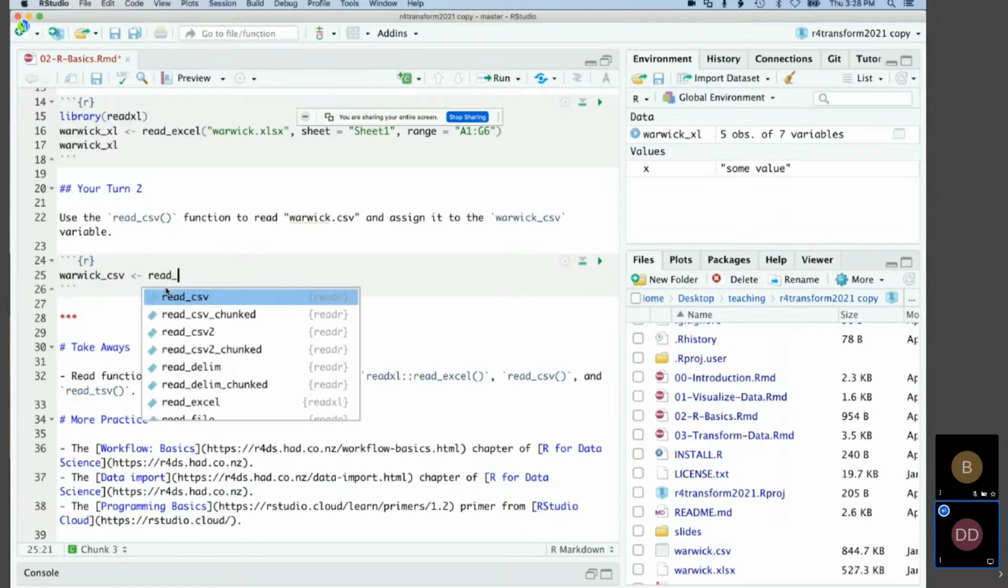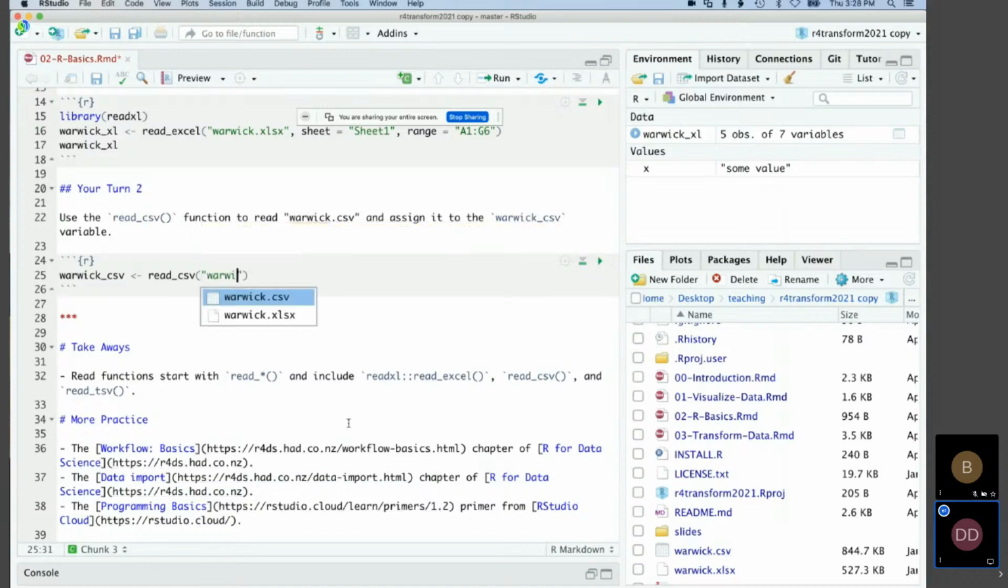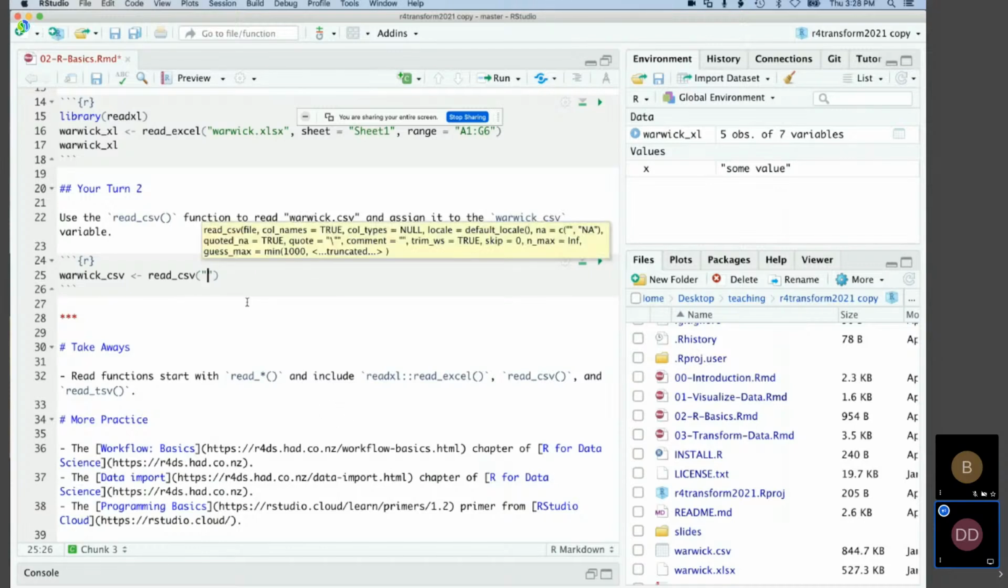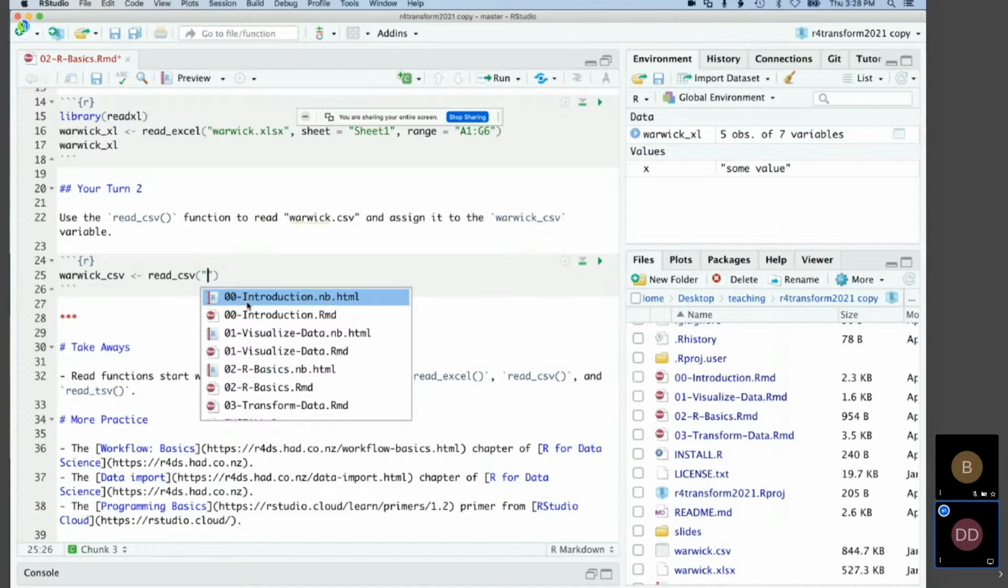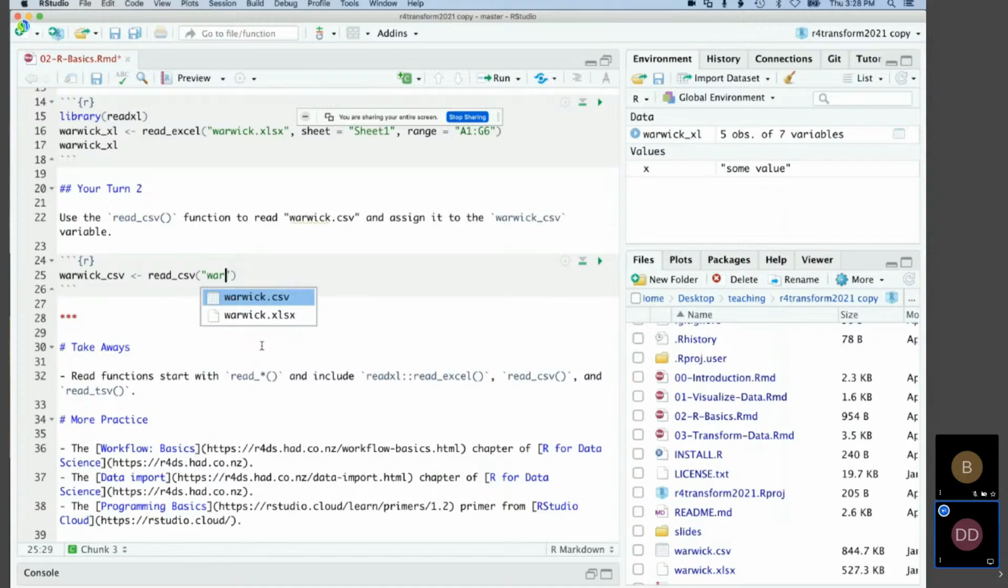But we can also use the read CSV function. And the file that we're going to read is warwick.csv. So how I got this little menu here is that I hit the tab key. You can also hit it before that. If you have a set of quotes up, then RStudio will try and find a file that matches what you've already typed. So warwick.csv. And if we hit enter,